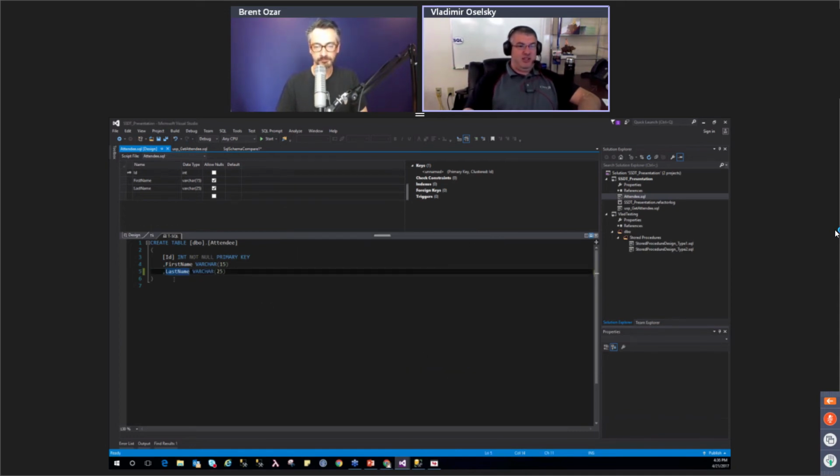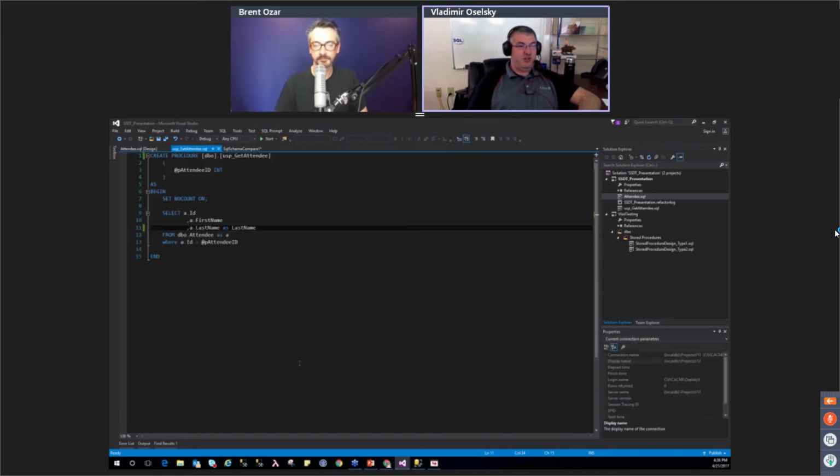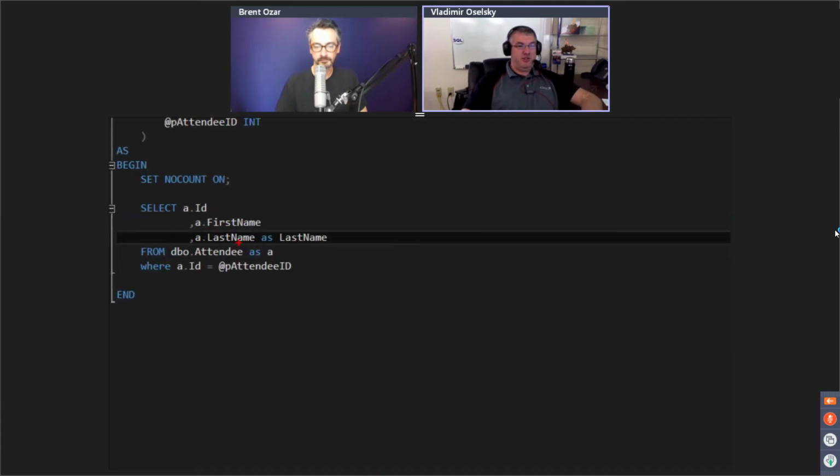So it looked almost identical to what we did before. Instead, when we go to the stored procedure now, the stored procedure automatically changed, because Visual Studio will keep track of dependencies of the objects, and when it notices that an object changed, it will actually rename it for you.